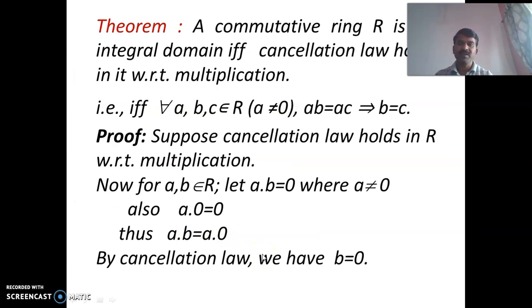So the next and last property we are seeing: a commutative ring R is an integral domain if and only if the cancellation law also holds good in it with respect